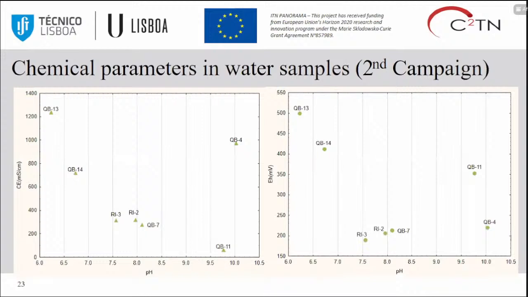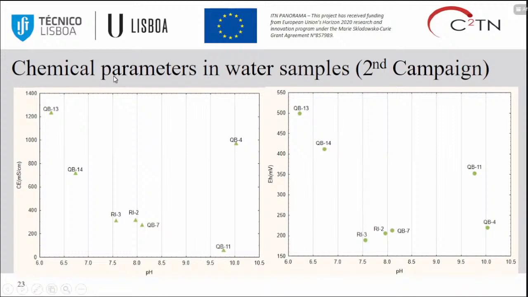The second campaign, we collected the samples after the beginning of the active treatment system. The main purpose of the active treatment system from the open pit is to increase the pH. EDM puts some components inside of the open pit, and the pH increases. After this, they put it in two ponds, and after they cross the treatment, the water stays for a long time for the precipitation of some metals. After this, EDM puts the water in the river.